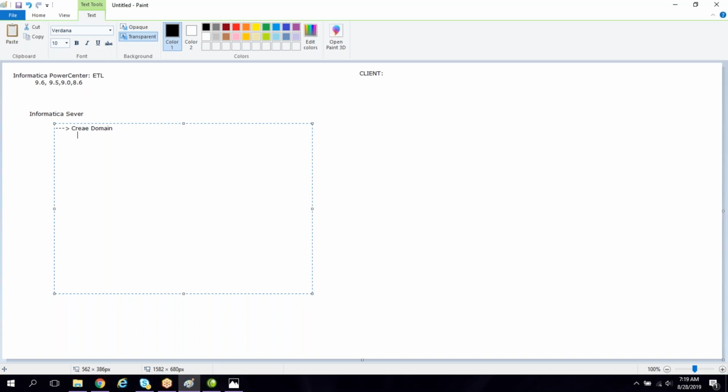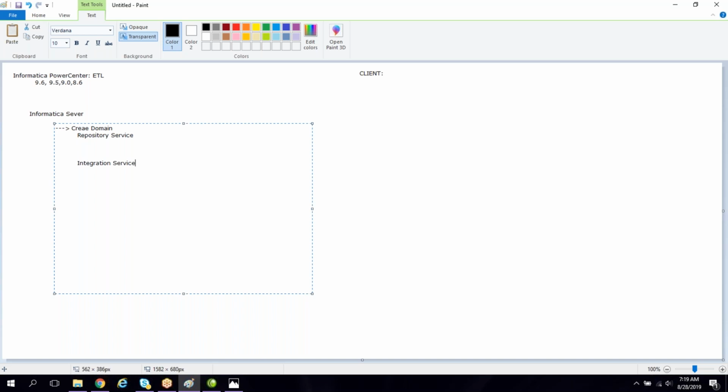Inside the domain, we'll create a repository service and integration service. These two services are mandatory to create to work with Power Center: repository service and integration service.